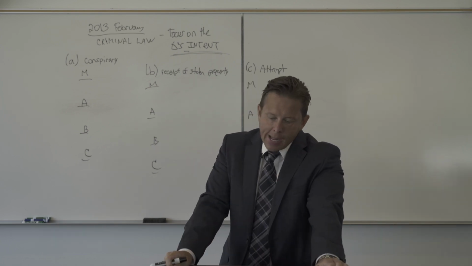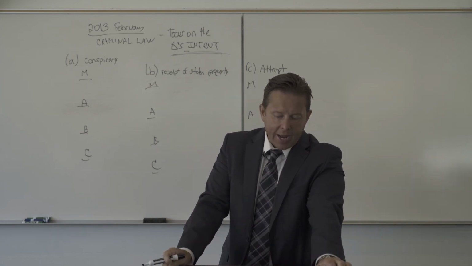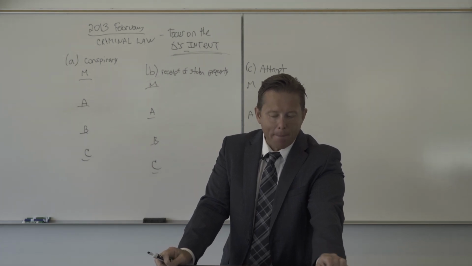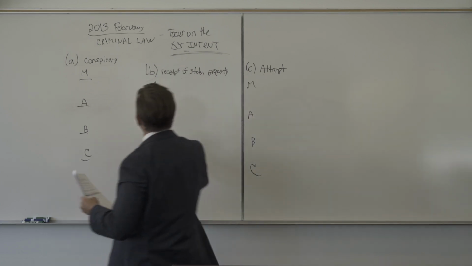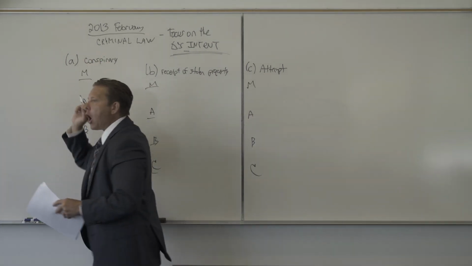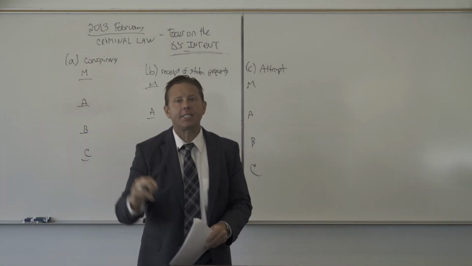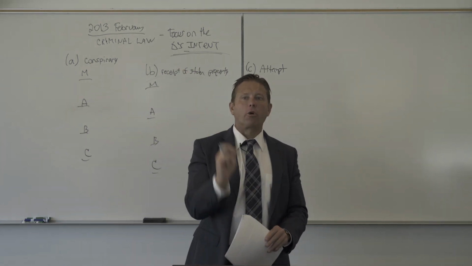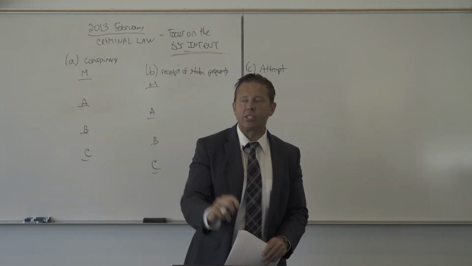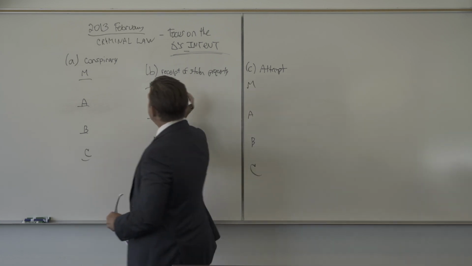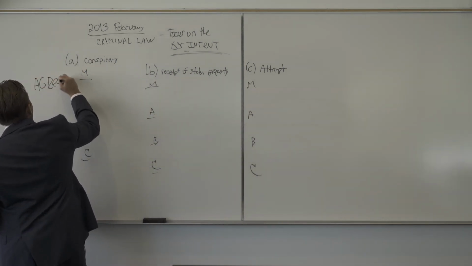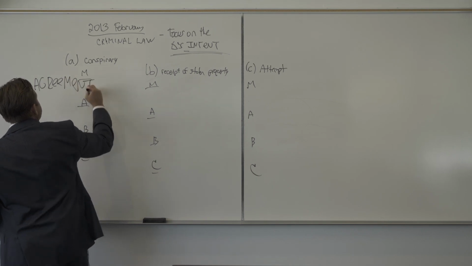Okay. He operates a gallery in State X in partnership with his 3 sons, Alan, Bert, and Carl. But he has never told them about his criminal activities. Conspiracy. Okay, and don't forget, conspiracy is an agreement to commit an unlawful act. An agreement is the gist of a conspiracy. You need the agreement. So the most important thing to discuss is, was there an agreement? There you go.